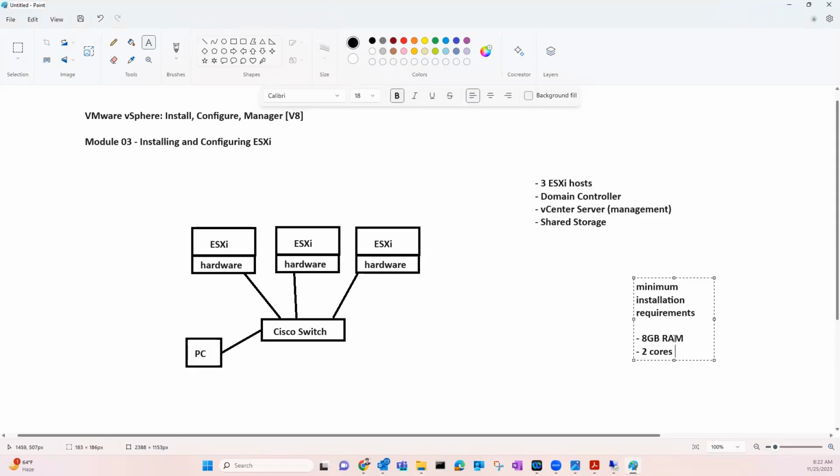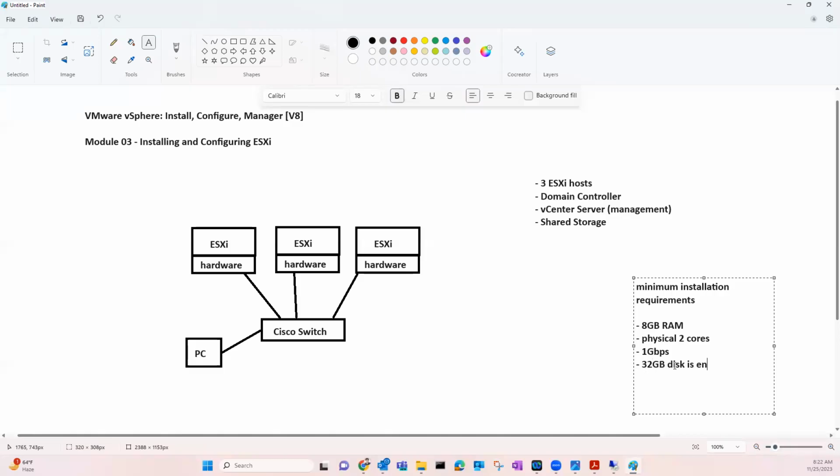We need two physical cores, and we need at least a 1 Gbps network adapter. We can have a 100 Mbps network adapter as well, but then the vMotion feature is not going to work, because vMotion requires 250 Mbps of bandwidth for one vMotion process. And I think 32 GB of disk is enough